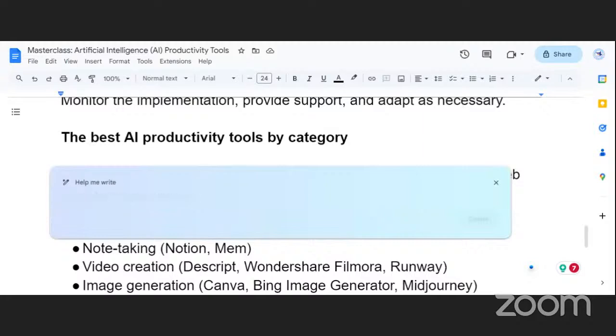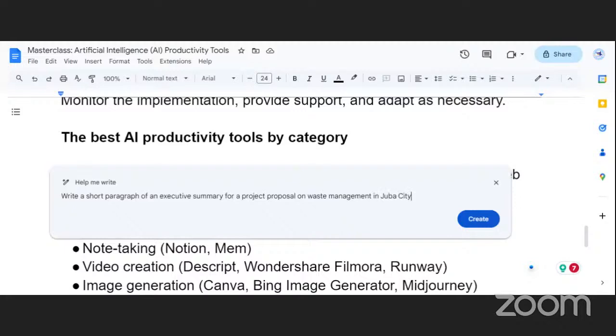Let's say I want to say, write a short paragraph of an executive summary for a project proposal on waste management in Juba City.